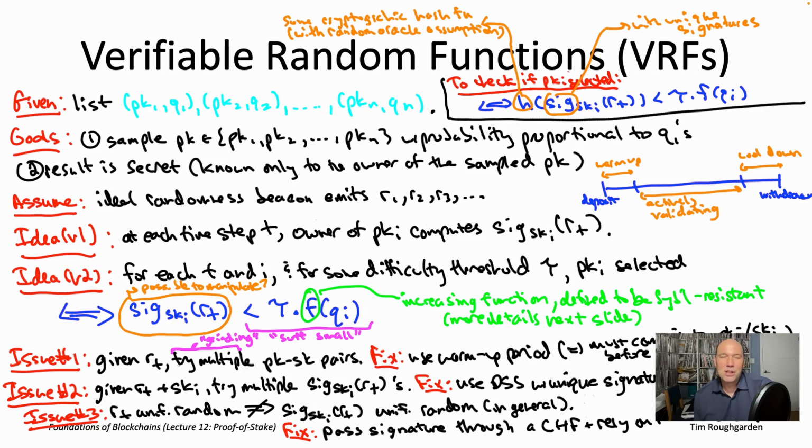And so here again, sufficiently close is parameterized. We actually have 2 parameters, not just a threshold tau, but that also gets multiplied by some function of the amount of stake Q sub i that's been posted in escrow by the owner of the public key PK sub i. So you should have a solid feel for the left-hand side of that inequality. That's literally just the VRF evaluated with the person's private key on the current day's randomness, so we know what the left-hand side is. But what is the right-hand side? In particular, what is tau? And maybe even more, you might be wondering, what is this function f?